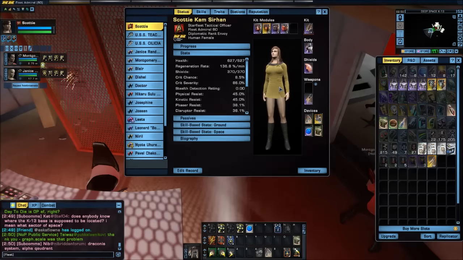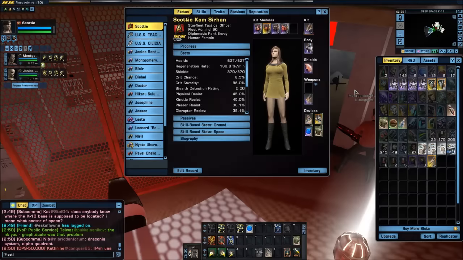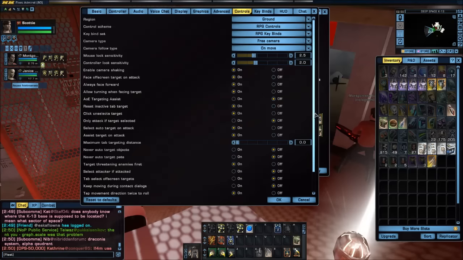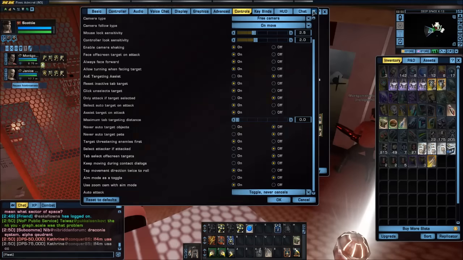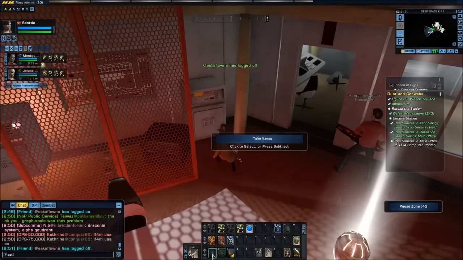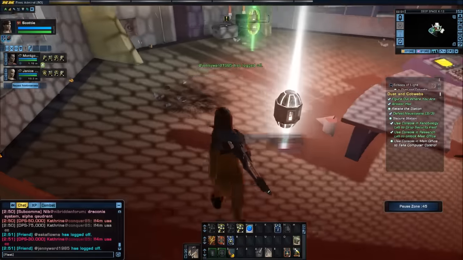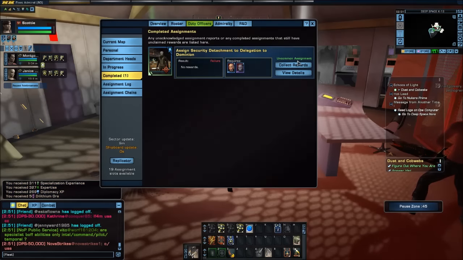User joined your channel. Hello, user. Oh, on another server. Alright. Let's try this. I'm having issues with my auto fire. So let's do this. Oh, that's why I'm having issues. There we go. That's why I'm having issues. Let's get rid of the flashies because...